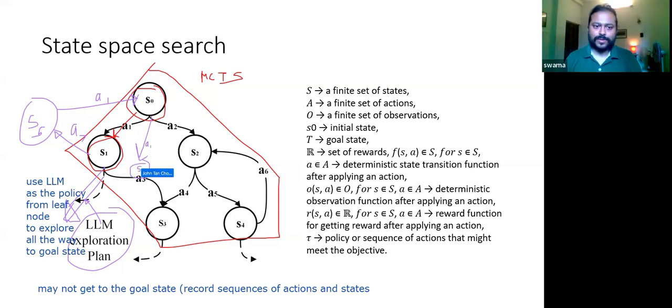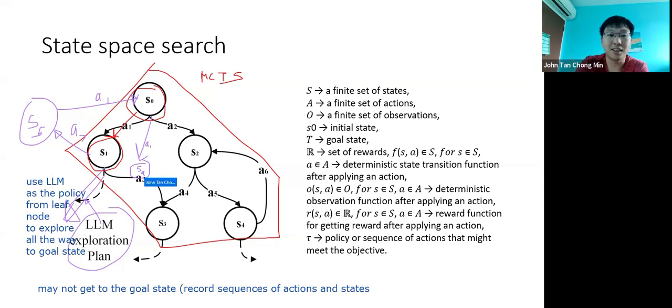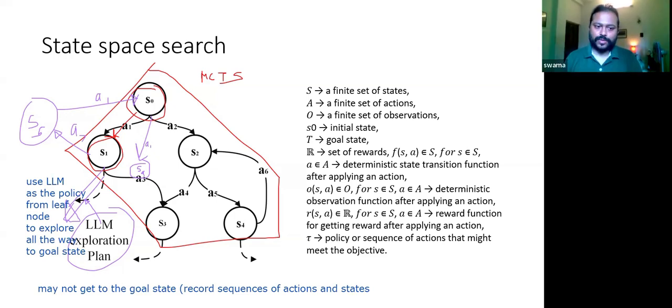Yes. So how do you determine when to stop? Because it can last quite forever. Or is there a max number of actions that you can take in the environment before the LLM ends? Yeah, so we are prompting the LLM to generate a sequence of actions in one go, one single query. So the LLM is always going to return a finite set of actions. So it's not going to loop forever. Let's say it's going to return a set of 10 actions. So there will be at most 10 iterations within this state space graph.